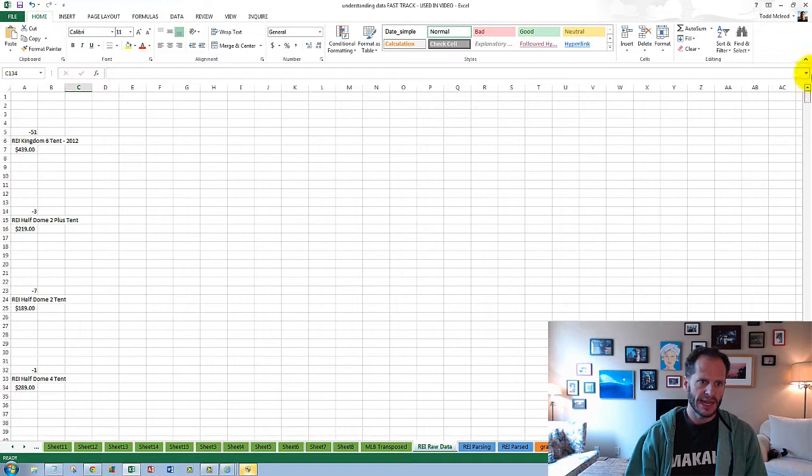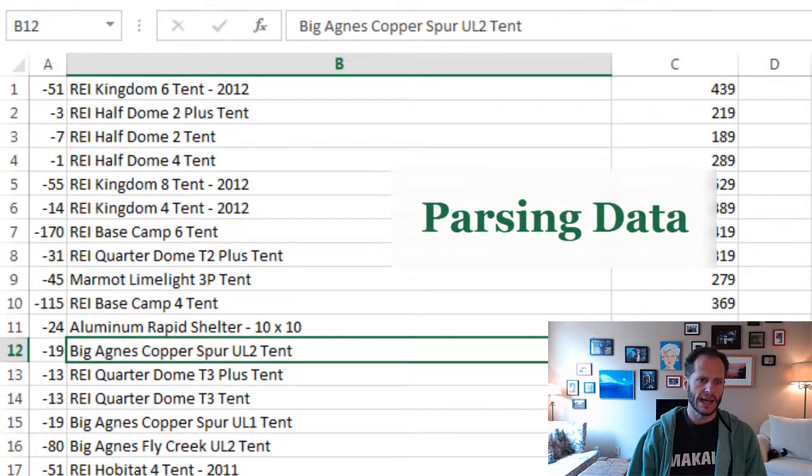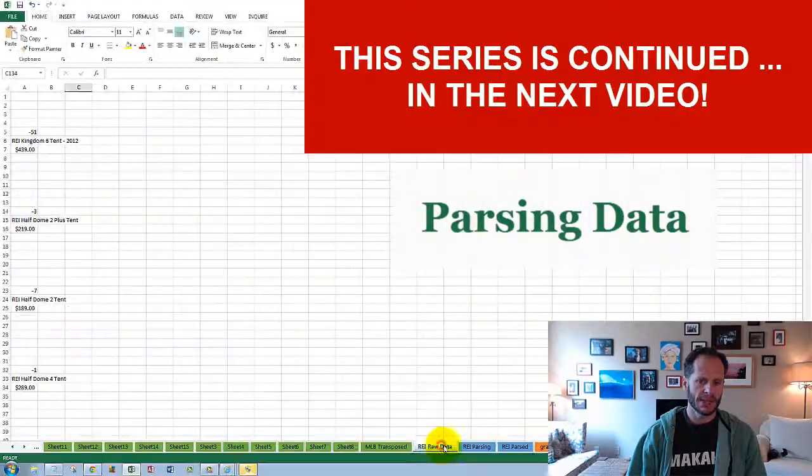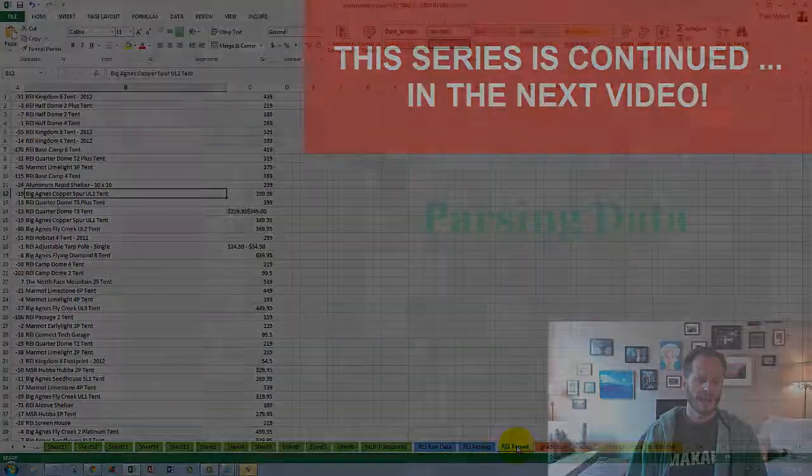Now that I have the data in there like this, I need to get the data looking like that. So how do I get the data from this to that? And I need to do what's called